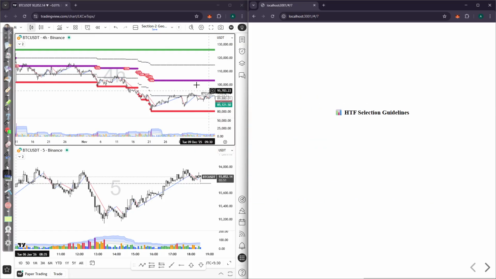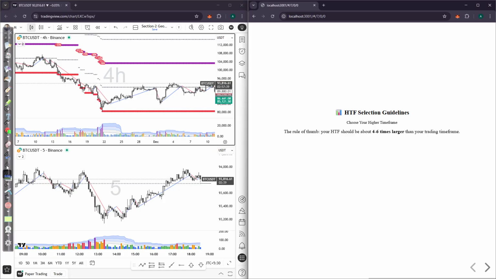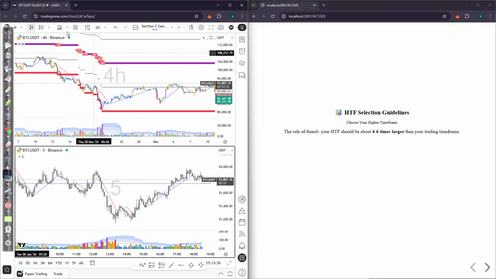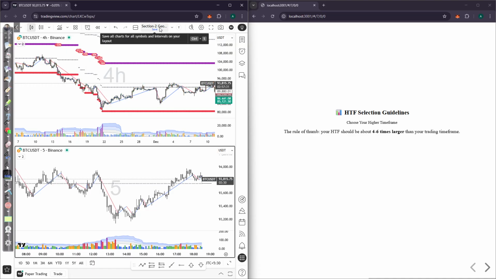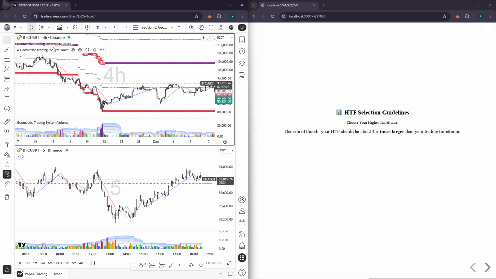All right. Now, the HTF selection guideline, the rule of thumb, is that your higher time frame should be about 4 to 6 times larger than your trading time frame. So as I'm using the 5 minute time frame here, 4 hour and 1 hour time frames are good for higher time frame perspective. And you know, if you go here, you can actually read about the